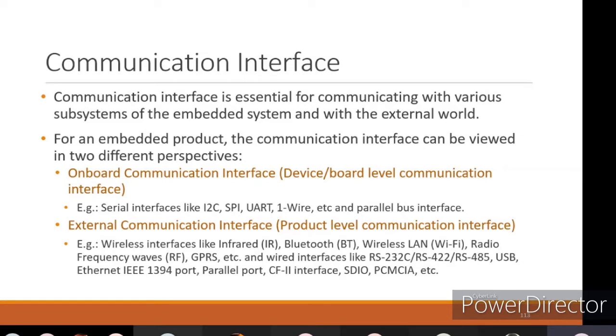One is the onboard communication interface, that is, the device or board level communication interface. You have, for example, serial interfaces like I2C, SPI, UART, one wire, etc., and parallel bus interfaces. And external communication interfaces are product level communication interfaces, wireless interfaces like infrared, Bluetooth, wireless LANs, and radio frequency